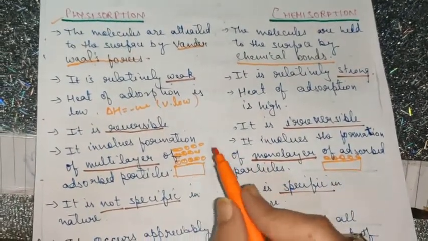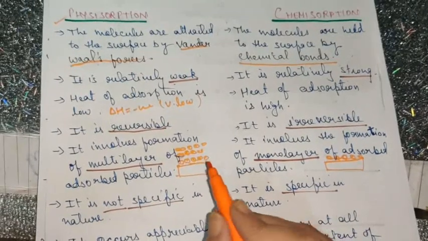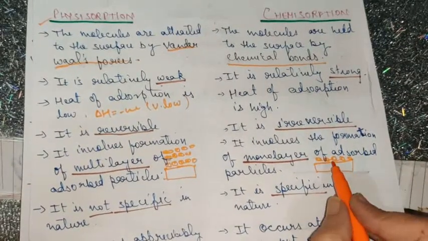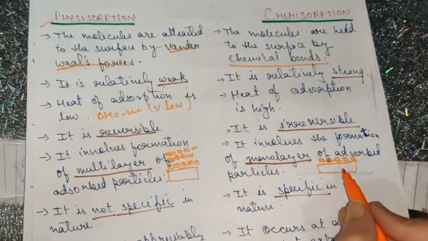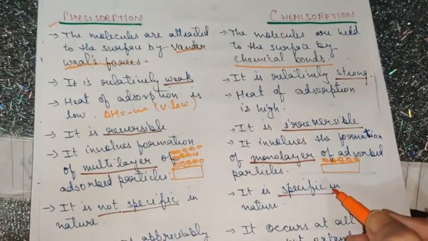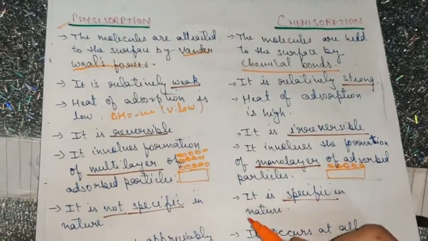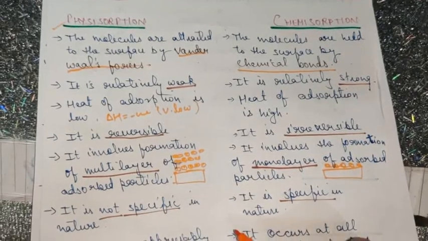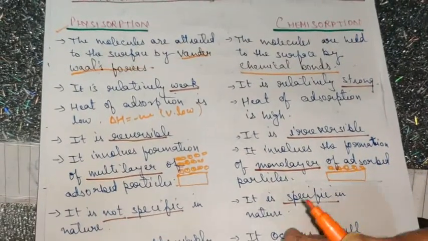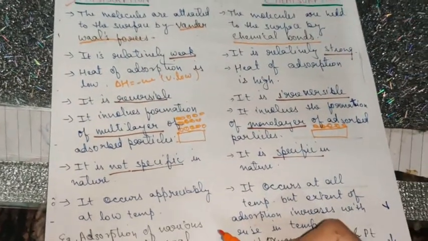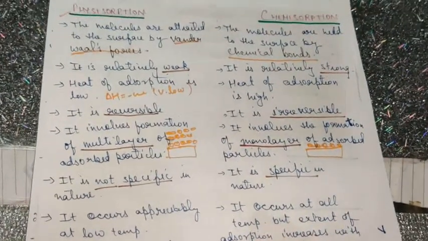That means you can see the same adsorbate is getting adsorbed on different surfaces. Whereas if I talk about chemisorption, where chemical bonding is taking place, a particular chemical compound will react with only specific chemical compound. It's not like any compound can react with each other. Okay, they are specific in nature. All the reactions are not possible and are not spontaneous.